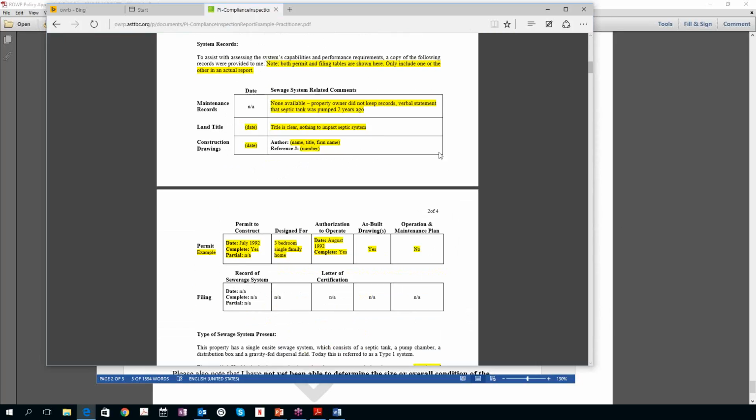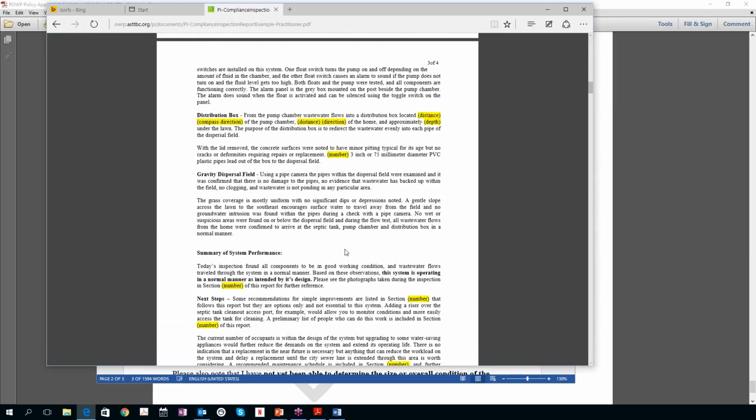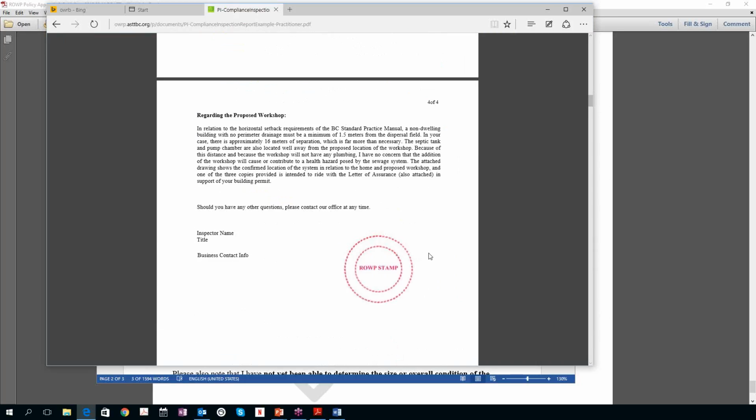Maybe there was none available. It talks about the type of system that's present. And it gives an evaluation of the components, and it gives a summary of the performance, and the conclusion was it's operating in a normal manner as intended by its design. Pretty simple. And then it gives recommendations for some improvements and so on.